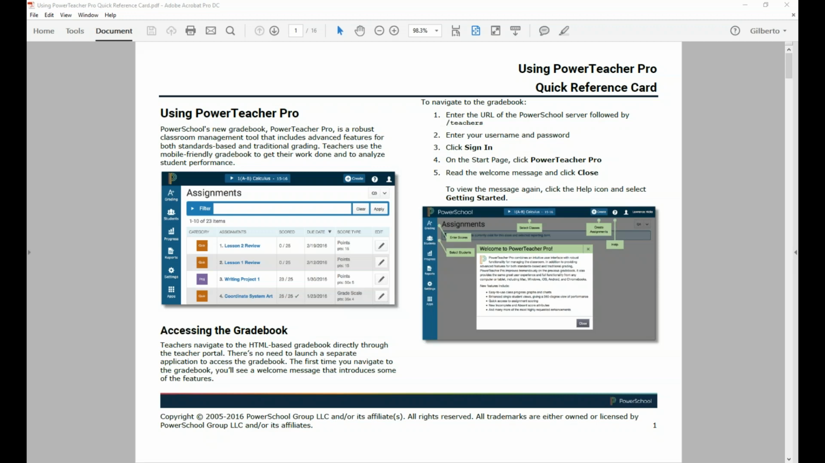No. The answer is no. You are not required to switch to PowerTeacher Pro. For my understanding, PowerSchool is going to allow for both gradebooks to exist at the same time. And so your teachers will actually have the ability to choose whether they want to transition to PowerTeacher Pro and